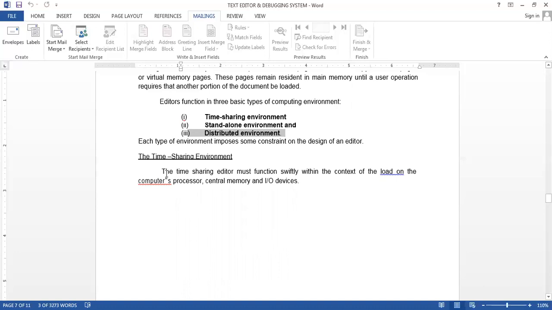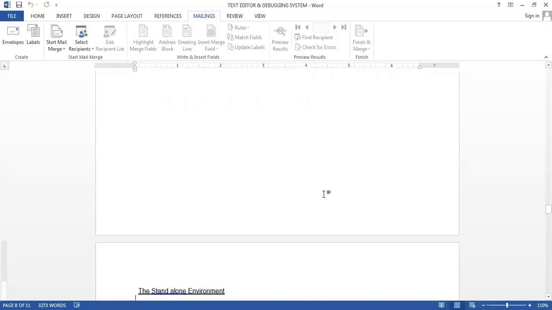So in time sharing, an editor must function within the context of the load on the computer processor, central memory, or the input output devices. The load of the computer is shifted between different users. At one time, one user is using the whole processor and the input output devices; at another time, another user will use them. So this is the time sharing environment.